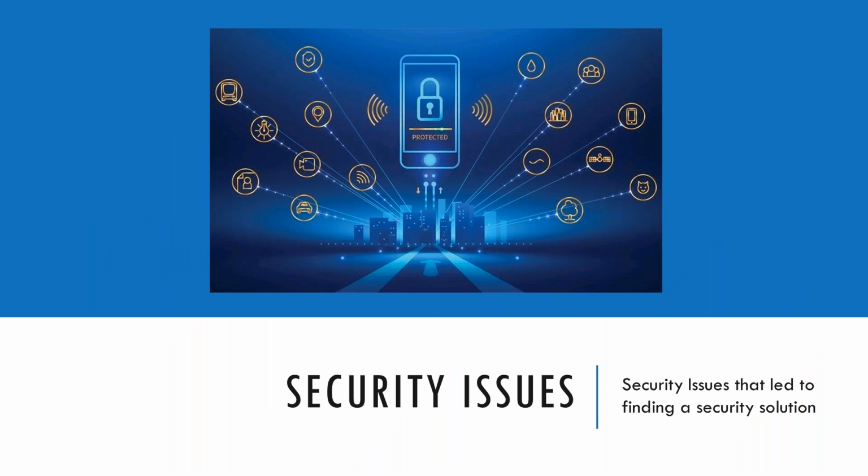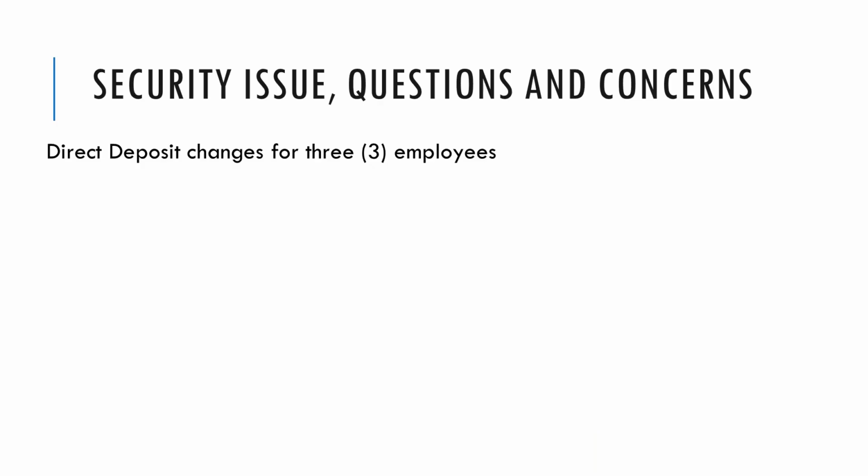So starting off, the first thing is those security issues, the issues that led us to really need this. It's disappointing to say that we were pushed into this by something that had happened. It would have been nice if we had proactively gone out, but that's usually not how it goes. And so what happened a few years ago, and I'll keep it at a very high level, but there